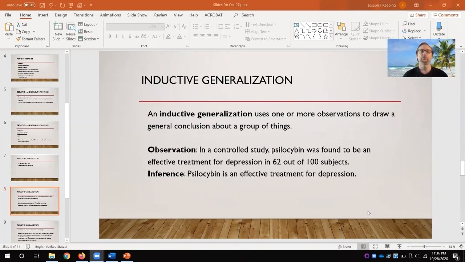Here's an example. Observation. In a controlled study, we'll talk about what a controlled study is in a later class. In a controlled study,